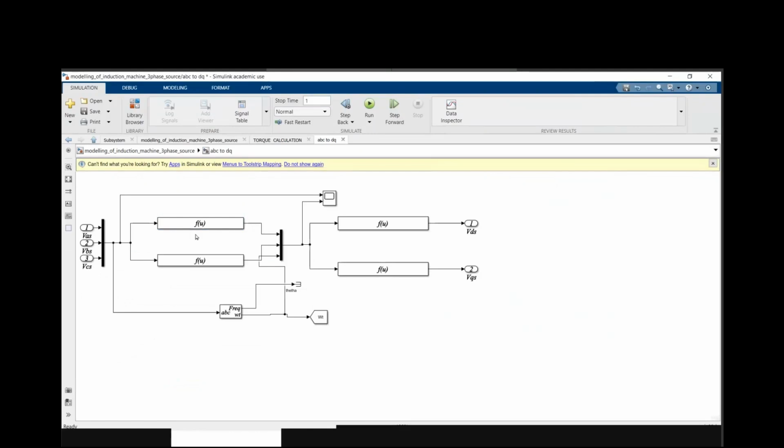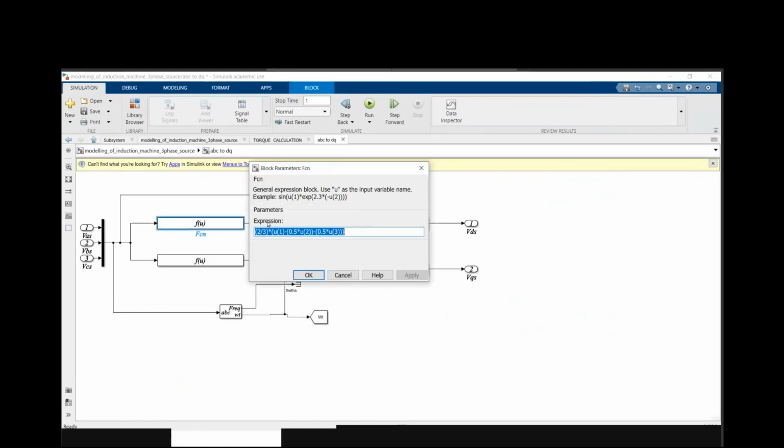Okay, ignore that. So there is some block called function. You can directly type the equation that whatever you have. Here I have my three equations that I'm directly giving to this. Using that, as I said earlier in this,